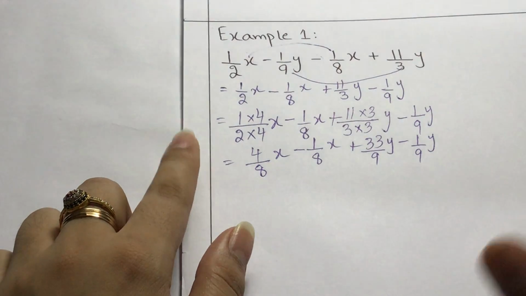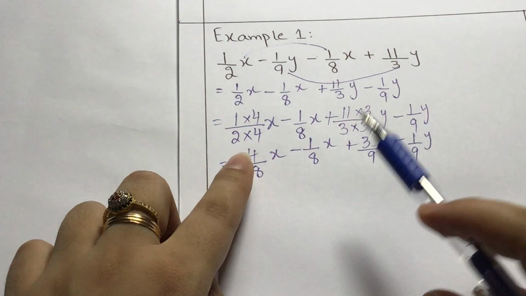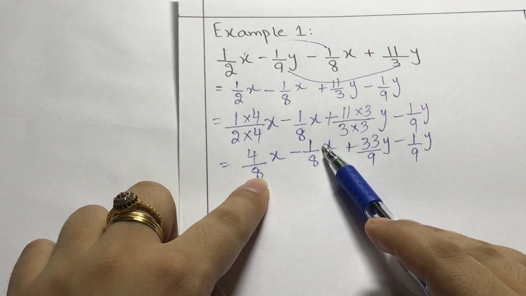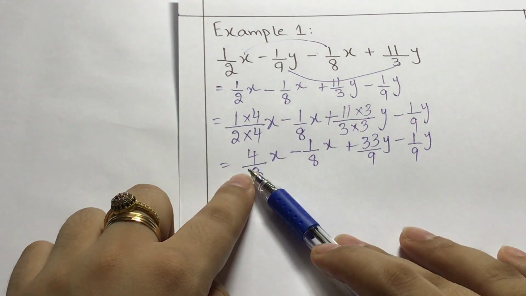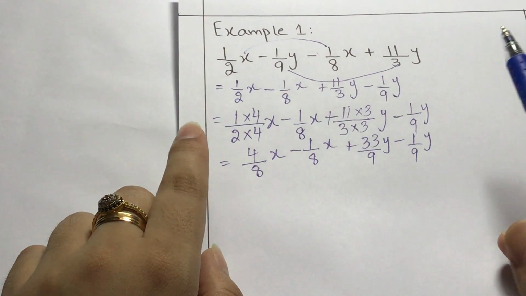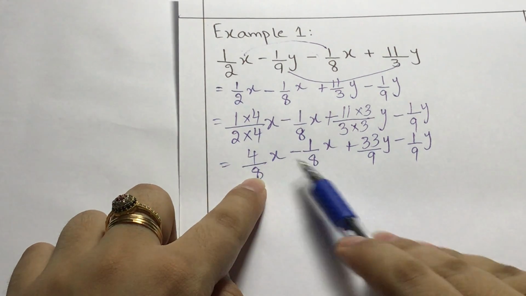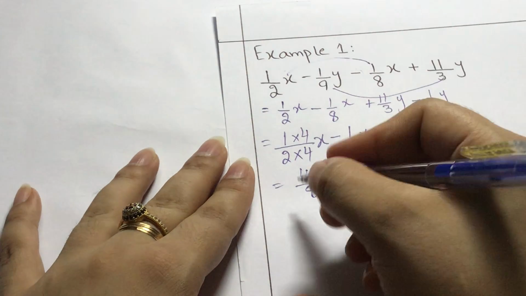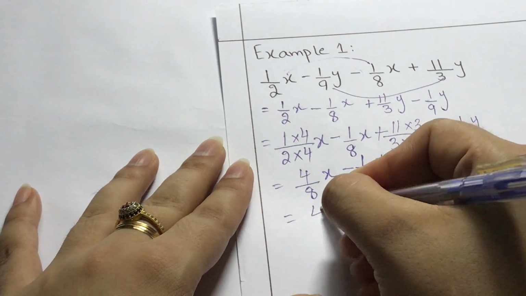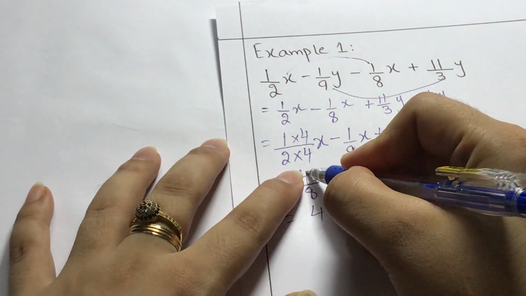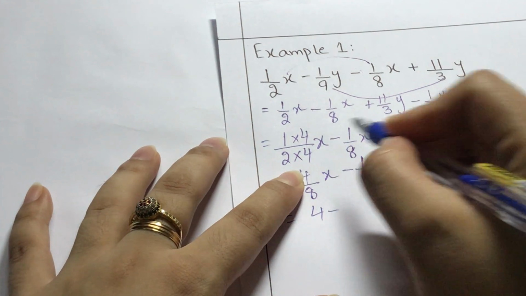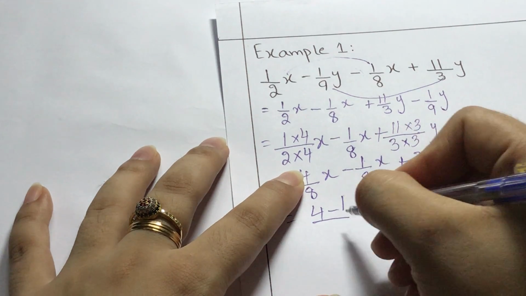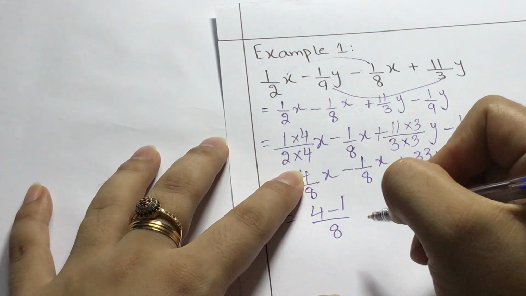Okay. How will we do that? We will subtract the numerators now, and we will keep our denominator and the variable the same, right? As we have done in our fractions. When you have two same denominators, or when you have like fractions, what do you have to do? You have to subtract the numerators. What's the numerator of the first fraction? 4, and the numerator of the second fraction is 1. So 4 minus 1. Keep your denominator and